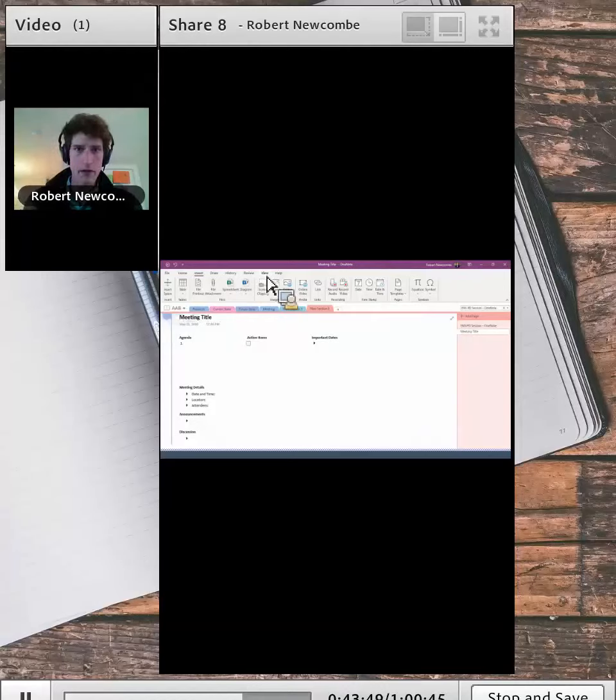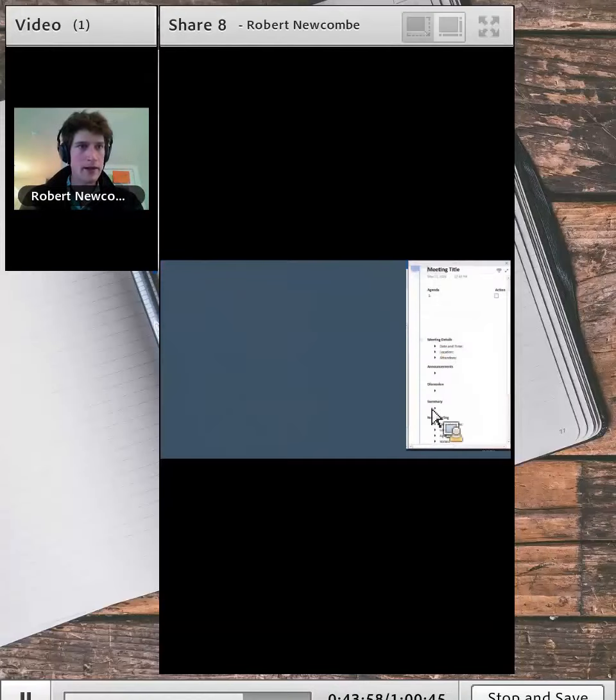Just reviewing. Oh, and also with taking notes, I find this is an underutilized function of OneNote, the dock to desktop view. So I'm not quite sure how this is going to look through the webinar, but you can't see my second screen here, but you'll notice OneNote is docked to the right of the screen. So in the rest of the three quarters here, you can use, whether it's a webinar, whether it's a video,